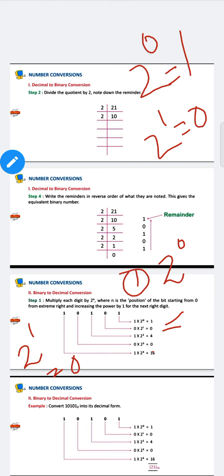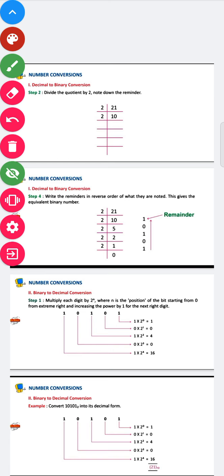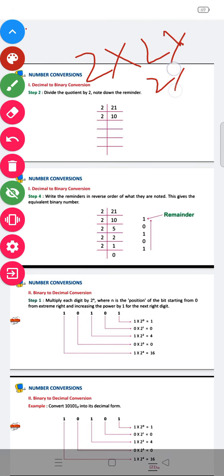Next, 2 into 2 is equal to 4, and 4 into 1 is equal to 4. How will we multiply 2 into 2 into 2? That will be 3 times 2. 2 2s are 4, 4 2s are 8, and 8 multiplied by 0 will be 0, right? Next we have 2 raised to the power 4, that means we have to multiply 2 four times, like 2 into 2 into 2 into 2. 2 2s are 4, 4 2s are 8, 8 2s are 16, and 16 into 1 is equal to 16. This will be the conversion of binary to decimal number system.